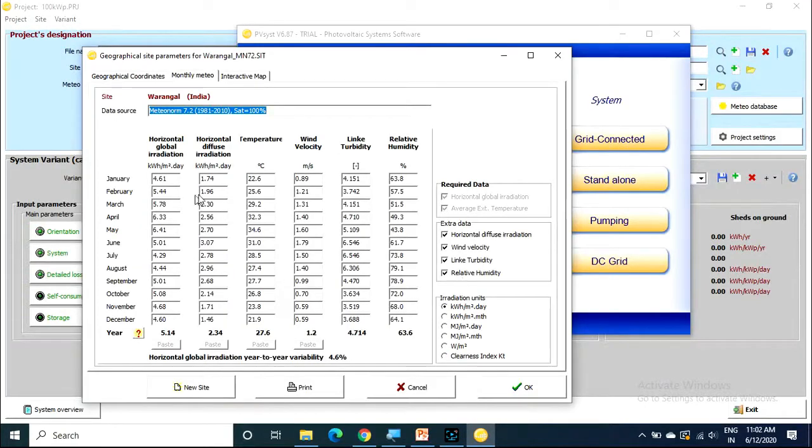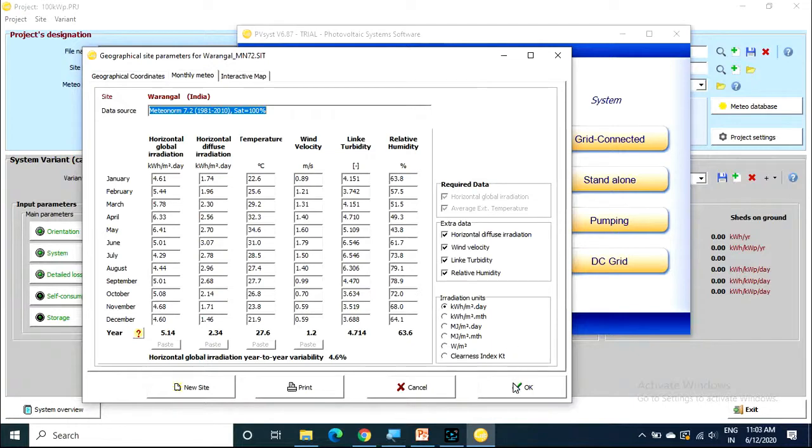Right. So then the monthly data of irradiation will be extracted from the database. This is the January, February, March up to December horizontal global irradiation, and temperature, wind velocity, humidity, all will be there for Warangal location. Select the irradiation units kilowatt hour per meter square per day.